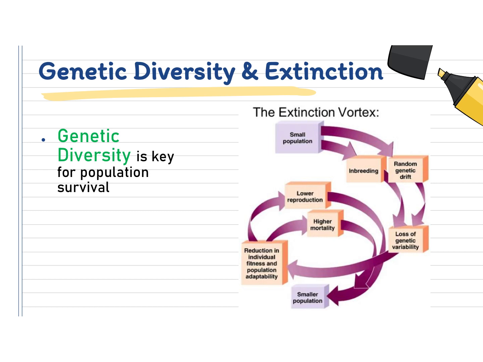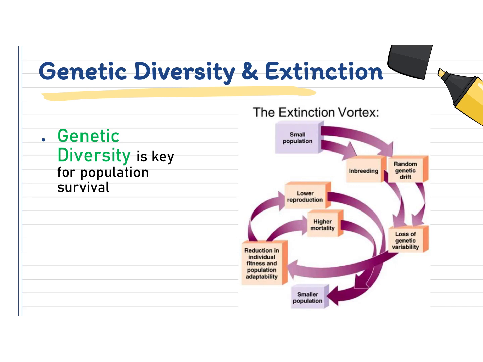So remember, genetic diversity is key for population survival. You want there to be a lot of diversity among the species, among the animals in the ecosystem. The more variety you have, the better chance for long-term survival. So this extinction vortex, remember, happens when a population gets so small that their genetic diversity gets so low, you get interbreeding, which leads to even less genetic diversity, which results in a reduction of fitness, right? They're not going to be able to survive as well. So you have lower reproduction rates and higher mortality, which leads to an even smaller population, and it just goes down from there. This can very easily and very quickly lead to extinction of an